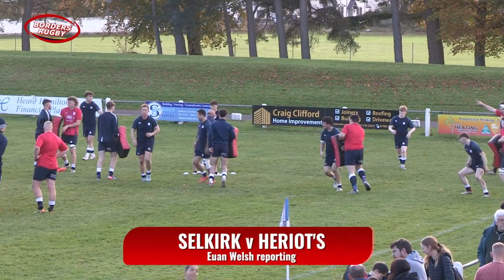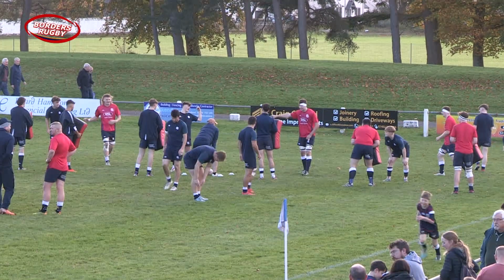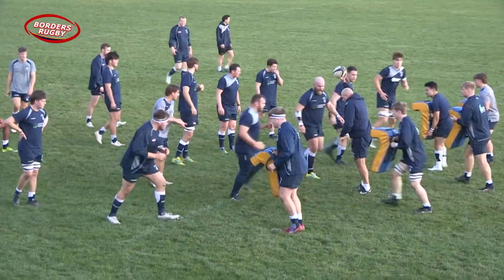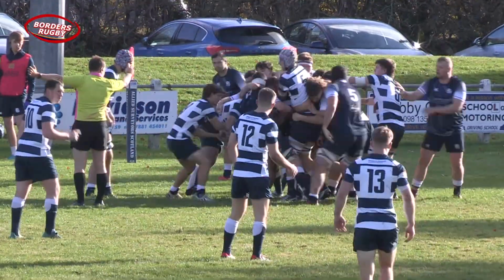Selkirk welcomed Heriots to Philiphaugh, looking to bounce back from a narrow defeat to Hawick last weekend, whereas the men from the capital were on the hunt for a 7th win in 8 games, having only lost to Watsonians so far this season. And it was Heriots who showed exactly what they are capable of, as they ran in 2